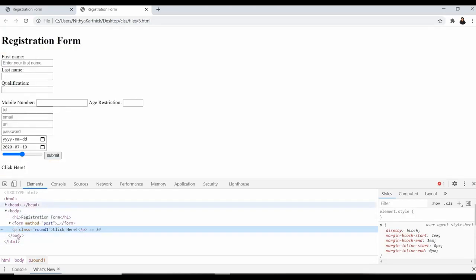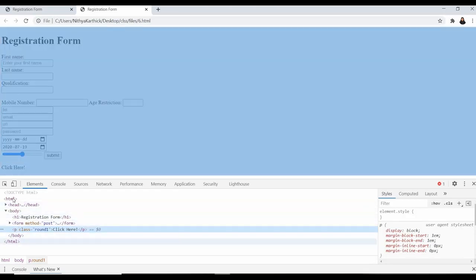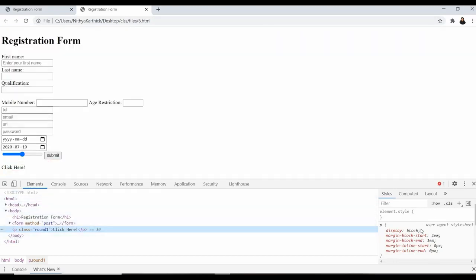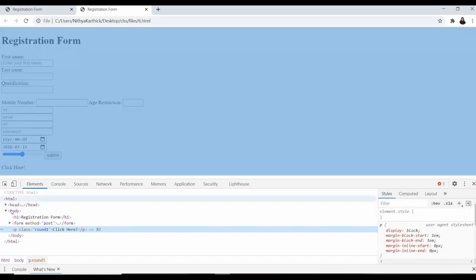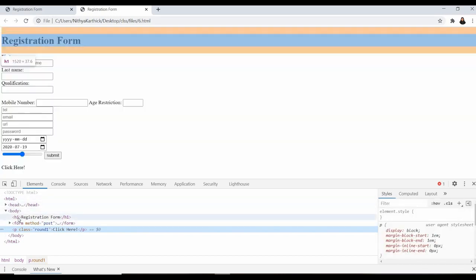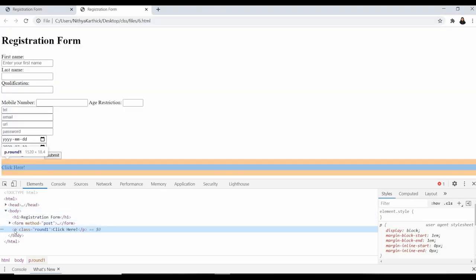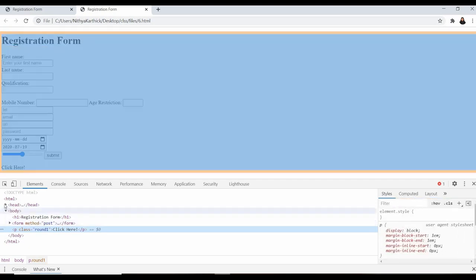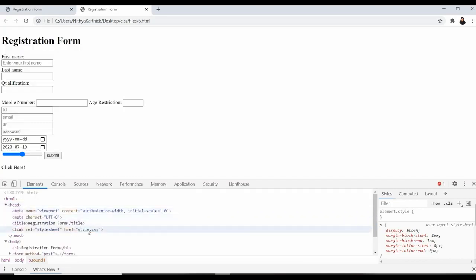The content inside the HTML file is shown on this side, and the CSS styling will be on this side. Wherever I mouse hover, it will show the content. So this is h1, this is form, and this is the paragraph. When I click on that paragraph, I didn't notice any styles, so I didn't get a style sheet here.